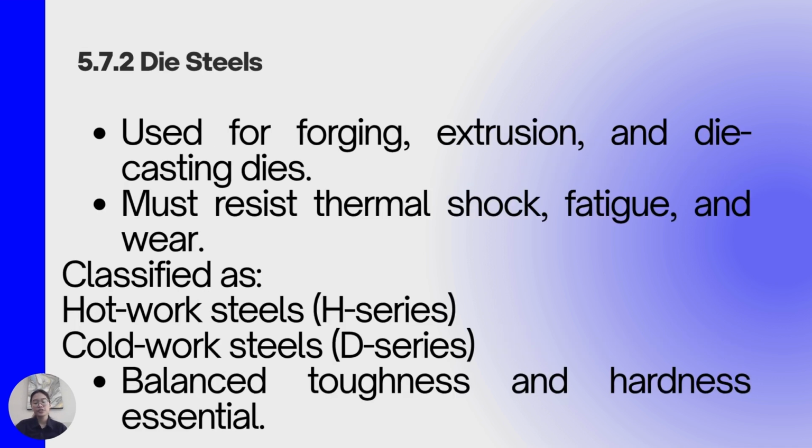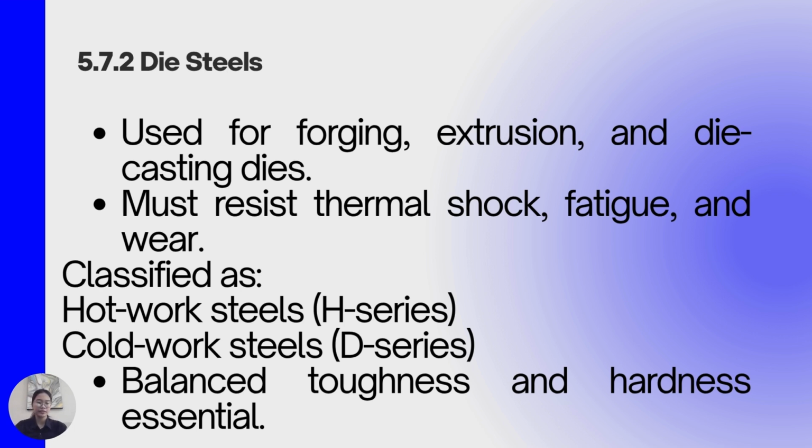Die steels are used for forging, stamping, extrusion, and die casting, processes that require both heat resistance and toughness. They are classified into hot work steels, the H series, used at high temperature, which resist softening and thermal fatigue. There are also cold work steels, or the D series, used at room temperature for forming and punching. Proper heat treatment gives them the ideal balance between hardness and toughness. Die steels are essential because they maintain shape and precision while forming thousands of metal parts, ensuring consistency and quality in